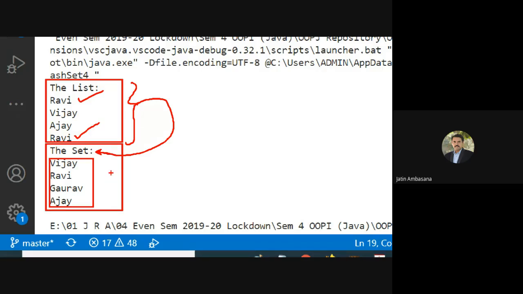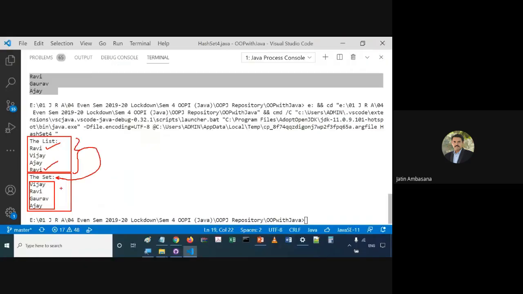Sets do not have order and no duplicates. Understand? Got the point? This Gaurav was added, but you can see it is at 3rd location. But sets do not have ordering, so we don't have to worry about it, whichever order it is. Understand? If you want ordering, then you use TreeSet. As simple as that. Okay.